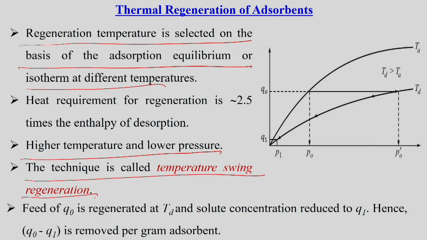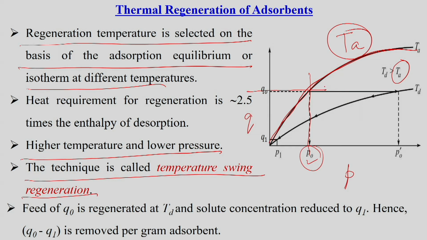Suppose this is the adsorption isotherm for a particular temperature, say at T A. Whenever we plot the partial pressure against Q on this axis, the adsorption isotherm will be like this. Let us take this Q0 at any point. In that condition, the partial pressure during adsorption will be P0. But whenever we do the desorption process at high temperature and low pressure,